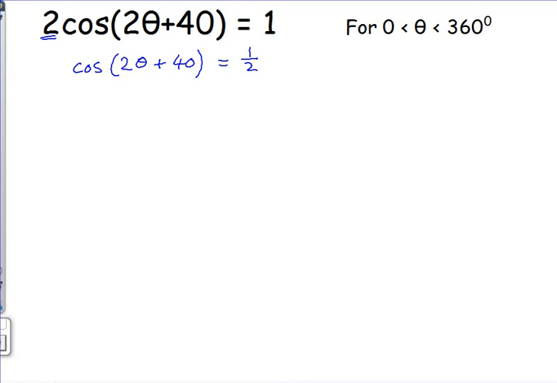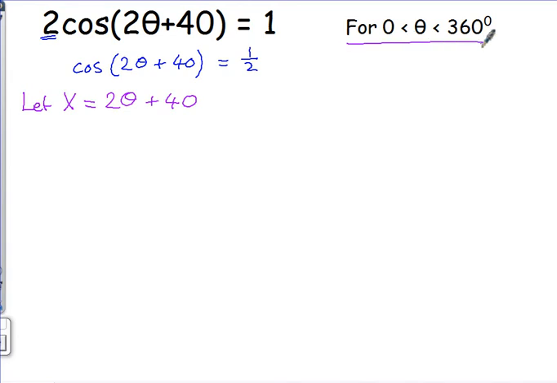And now the second thing we want to deal with is what's inside this bracket. It's not just a cos of x or a cos of theta, but we've got a cos of 2 theta plus 40. To do this, we can make a substitution. So I'm going to say let x equal 2 theta plus 40. Now this will make the equation simpler, but there's one thing we've got to do straight away before we carry on and solve, which is before